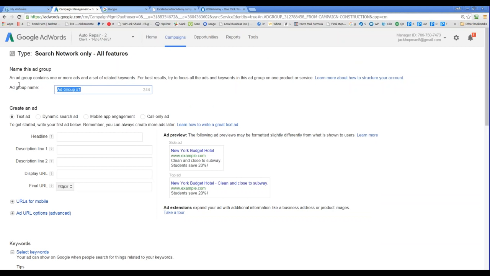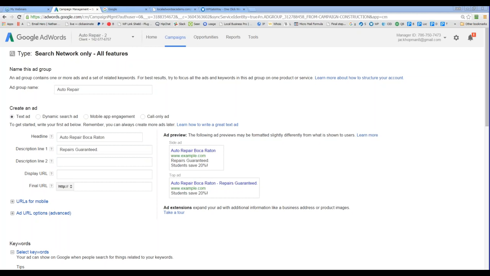So I'm giving this a name, let's say auto repair, as that is the main keyword of that campaign group. Then I'm going to open my text file with those keywords and ads, and you will see that the headline is auto repair city. So this ad is actually running in my city. So I'm going to do auto repair Boca Raton. The description line I just copy and paste from the text file I provided.